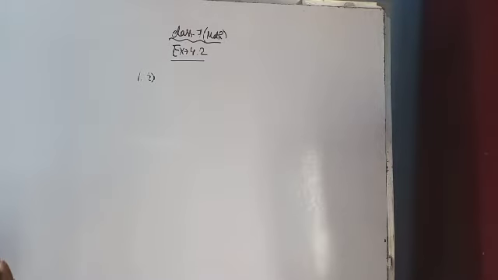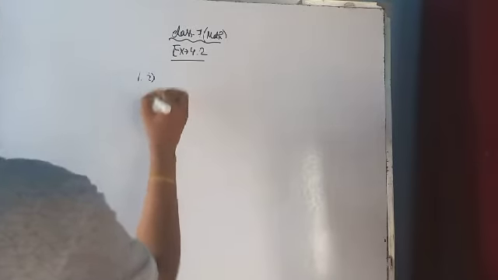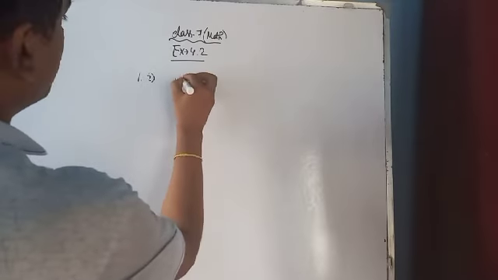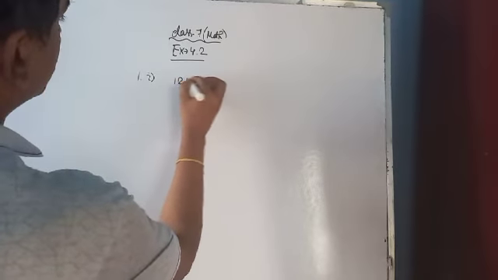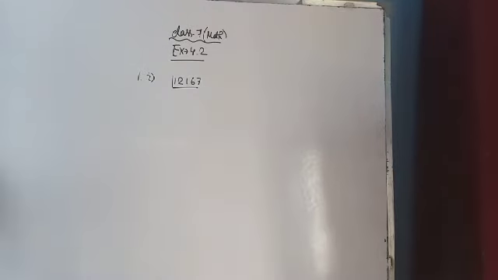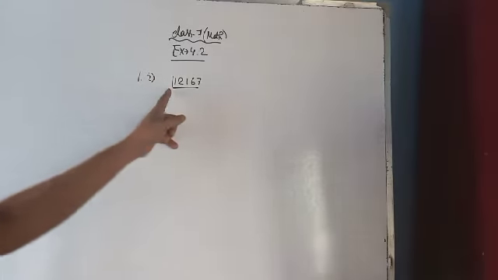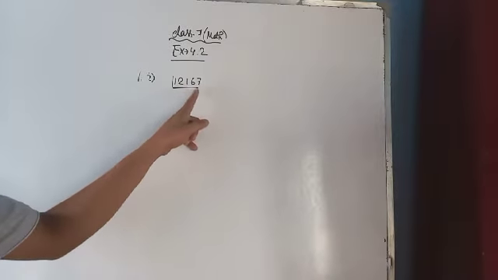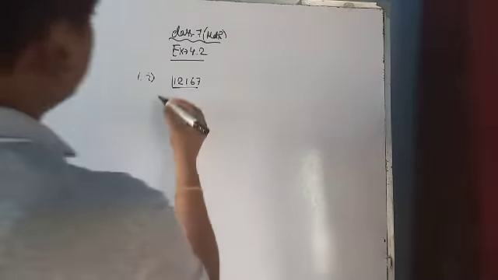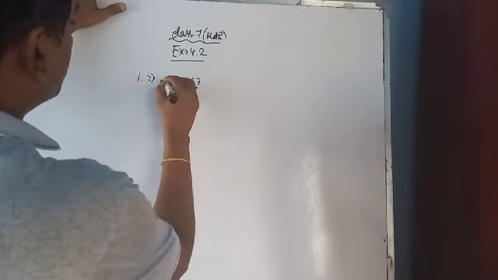Suppose 1 and 1, I'll discuss it first: 1 2 1 6 7. Now how can you understand which figure it will go to? 2 plus 1 is 3, plus 1 is 4, 4 plus 6 is 10, plus 7, that is 17. So in which figure it will go, you should think about that. So how can I do that? Suppose you can do that by 23. Use 23.